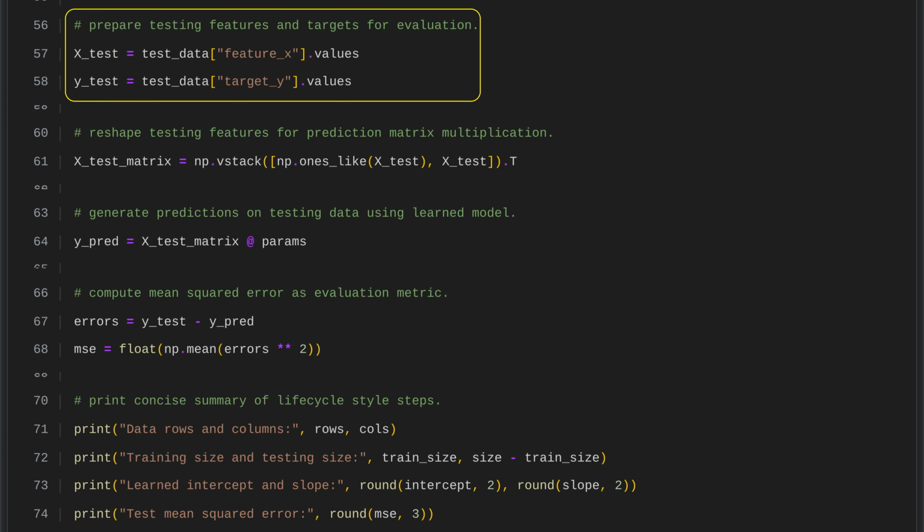We begin by taking the feature values from the test data, using the column that represents the input variable for our model. We then obtain the corresponding target values from the test data, using the column that contains the actual outcomes. These true outcomes are what we compare with the model's predictions to evaluate how well the model performs on